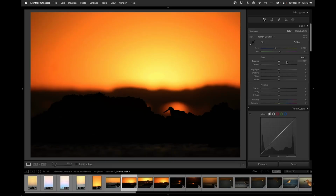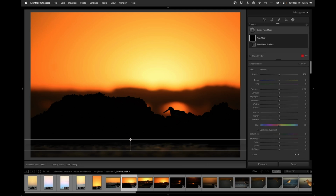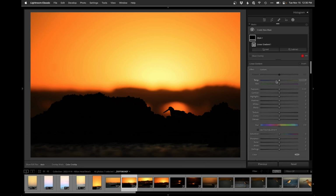This one's cool. I really dig this one. So I'm going to adjust for the main bottom half of the photo. A little bit lighter, little shadow lift, and then drop these blacks, keep that contrast. I'm going to throw a linear gradient in on the bottom half here and cool it off to make it